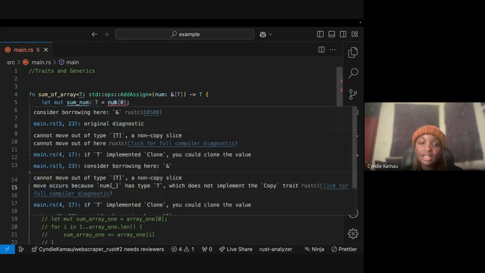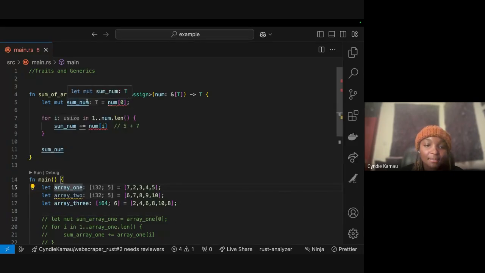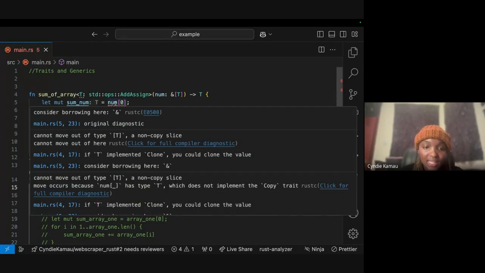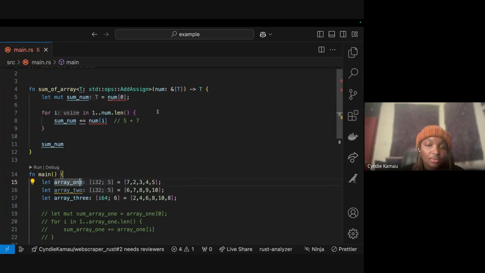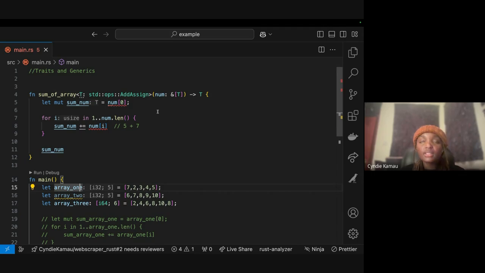So what we're having here is, we're trying this sum of num, and it cannot move out of this type T here, right? So what we need to do is something we call trait bounds. We need to give extra qualities which will restrict this, right? So we need to also add the copy trait.